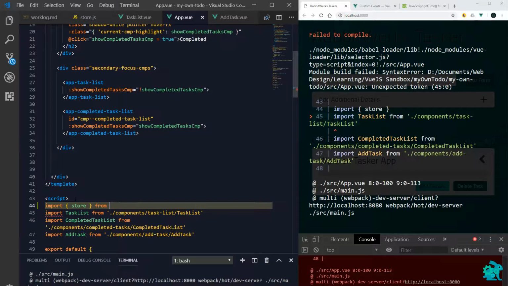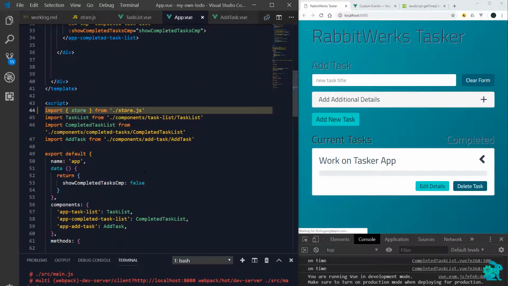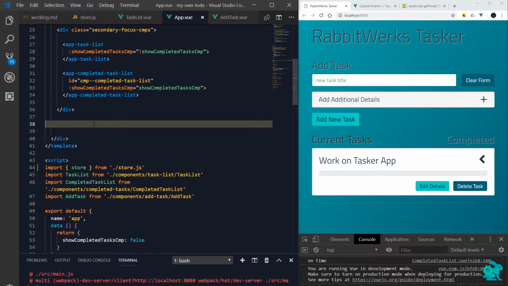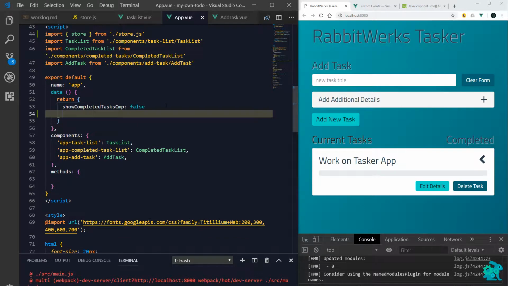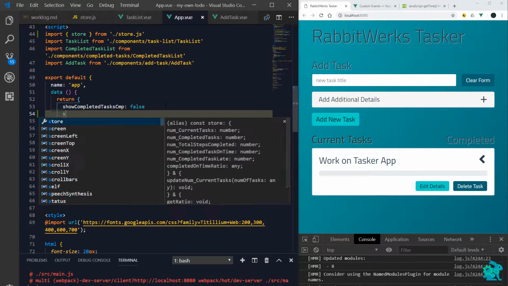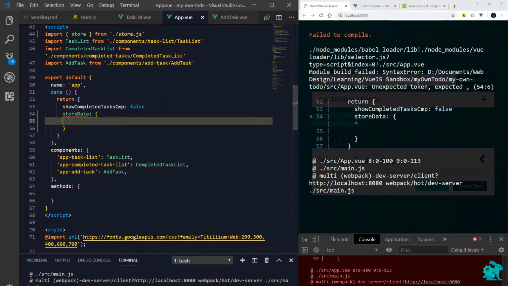Import store from /store.js, and then what we can say is store data, an object, and just say